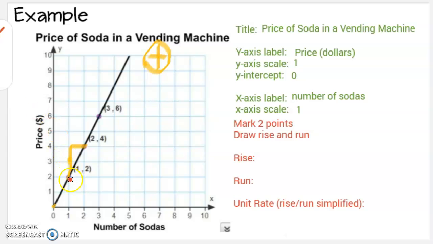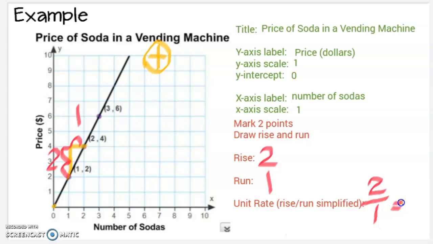So let's see. We're going to count our rise. It's 2. I'm going to transfer that. Our run is 1. So remember when we set those up, it's y over x. Our rise is 2. Our run is 1. If we divide those, we get 2. So now if we're going to write our answer out, it's going to be